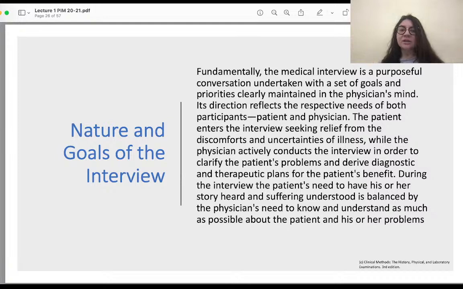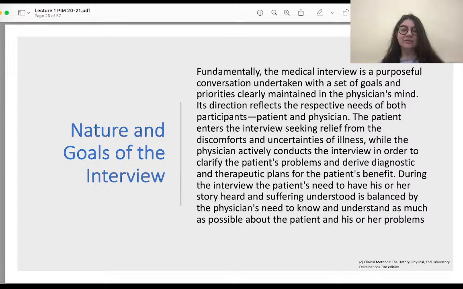Fundamentally, the medical interview is a purposeful conversation undertaken with a set of goals and priorities clearly maintained in the physician's mind. Its direction reflects the respective needs of both participants, patient and physician. The patient enters an interview seeking relief from the discomfort and uncertainty of illness, while the physician actively conducts the interview in order to clarify the patient's problems and derive diagnostic and therapeutic plans